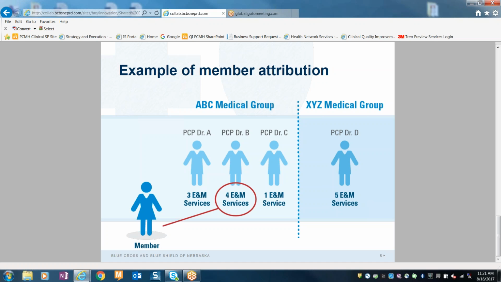So the 7 months doesn't necessarily need to be contiguous coverage or contiguous eligibility, so a member could drop off and then come on later. But what we've done in budget creation is put those parameters in place so that we have a more stable data set when looking at budgets, so that we don't have new members coming in and members leaving frequently. We've found historically, and our vendor has as well, that if you use that methodology, there's way too much variability in the data. So that's just for budget attribution, to where we're looking at